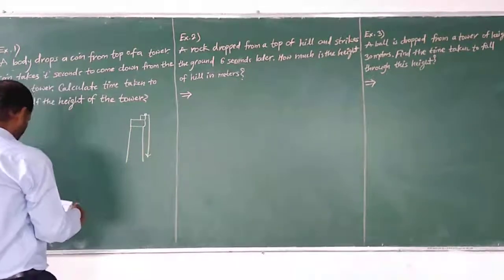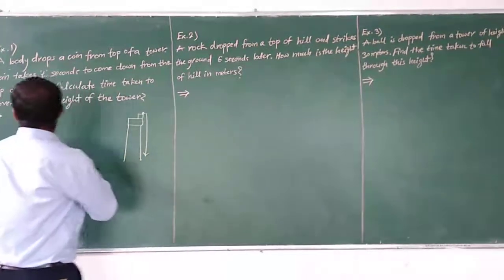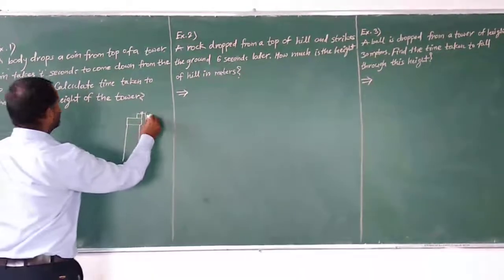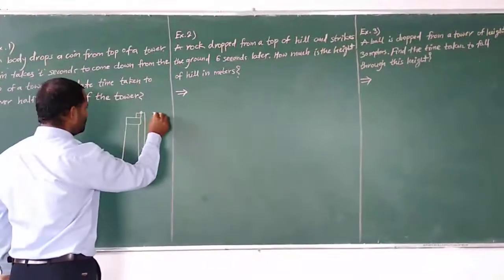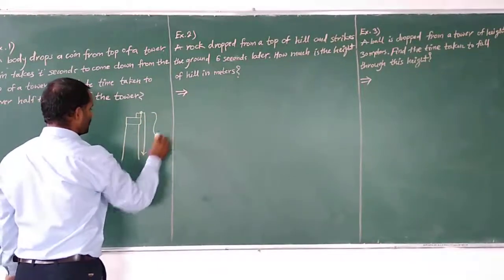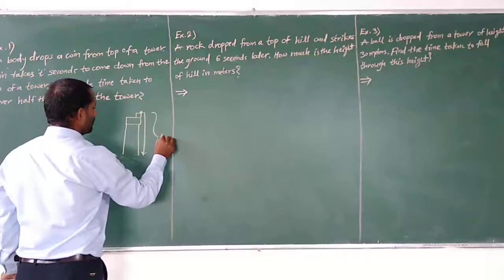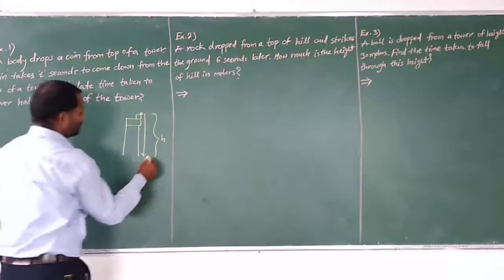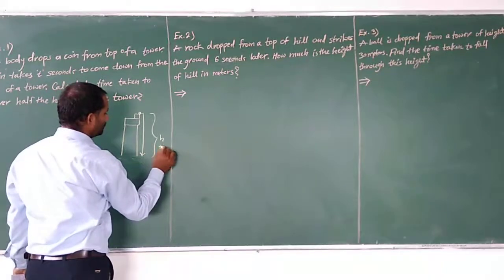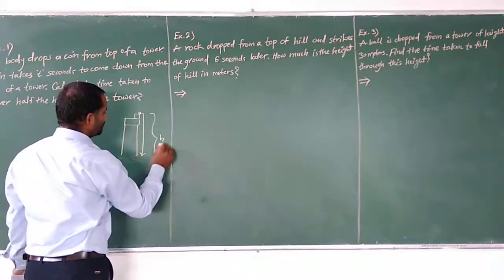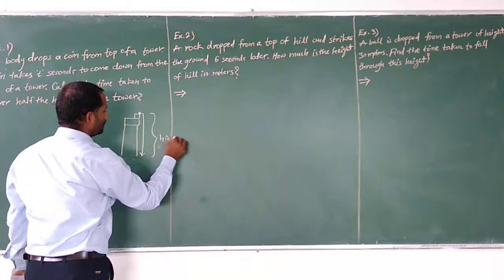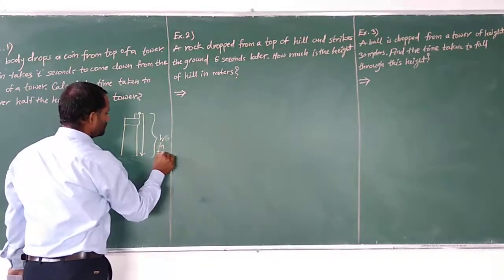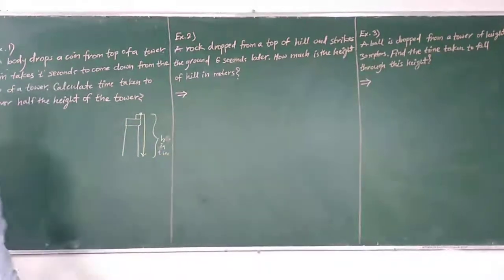A body drops a coin from top of the tower. Total height is h. So in t seconds, then